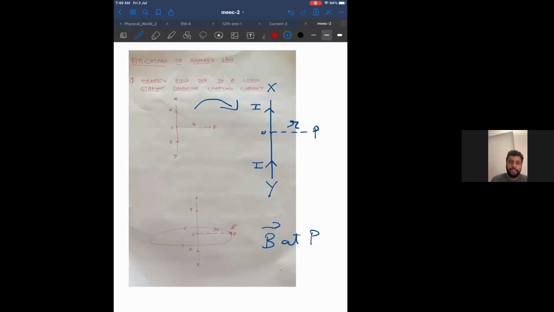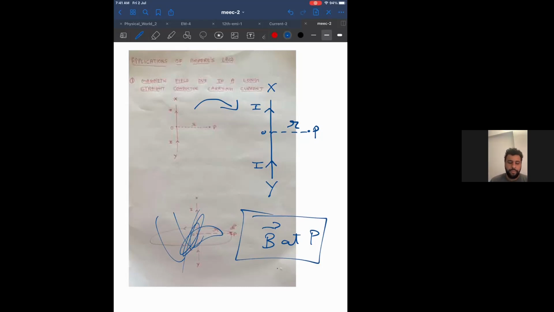Now, I have to find a specific formula for magnetic field at point P. Okay, this is our question. How we get the answer, how we use Ampere's law, all that is secondary. Did you understand the question? What is the question? I have to find magnetic field at point P. And what is the point P's location? It is placed next to a long, straight conductor carrying current. And this is our diagram. So this diagram I've expanded and shown it to you. And what we have to find is the magnetic induction at P.